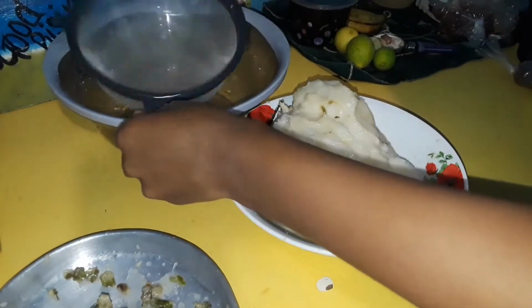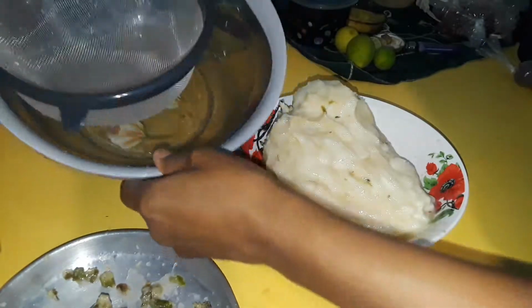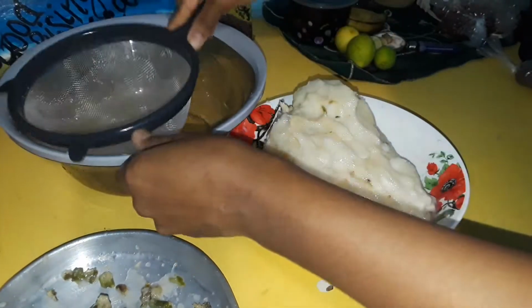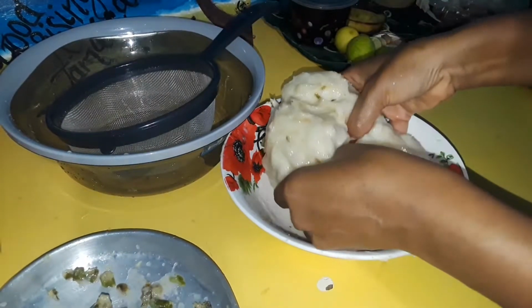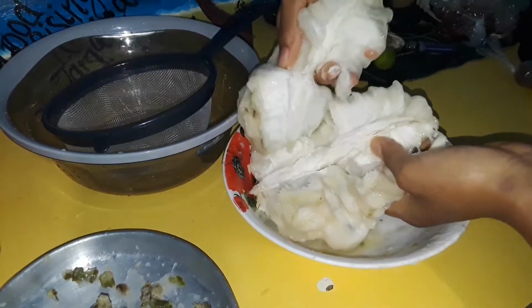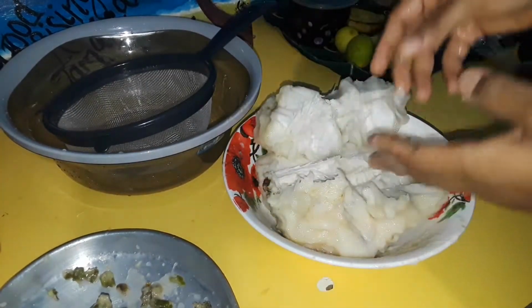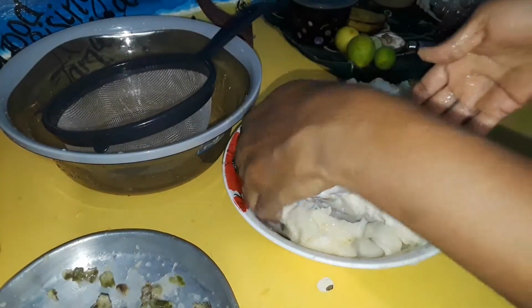What I'm gonna do is just put it in the strainer, and I'm gonna mash it through the strainer into this dish, because as I'm going to show you, the inside is filled with tiny seeds. So just breaking it, and this is the center. I'm probably not going to use all this soursop today. Alright, so this part,